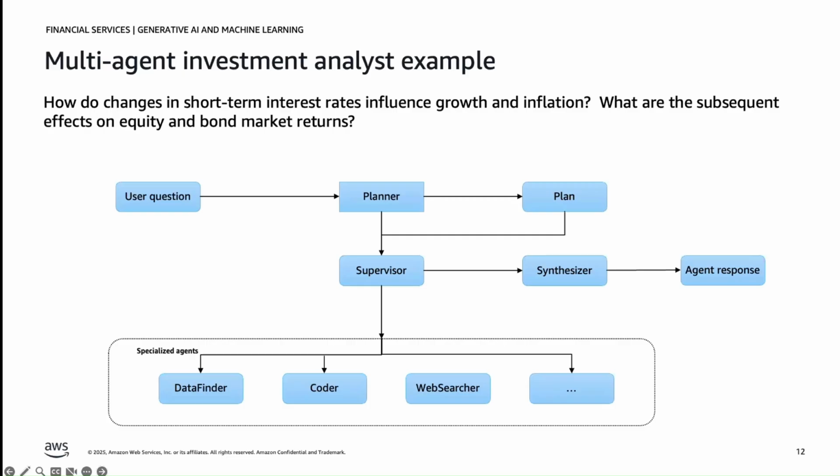And so what they did here is take the user question, and the question goes through a planner agent that breaks it down into an execution plan, if you will. That plan then gets passed to a supervisor agent that orchestrates the different tasks and actions that need to be taken on the input to generate the output to the user. And so as you can see, by leveraging the agent collaboration construct, they were able to optimize the task by breaking down the different, I would say, single-purpose activities and delegating them to the right component. So let's double click and see it in action.